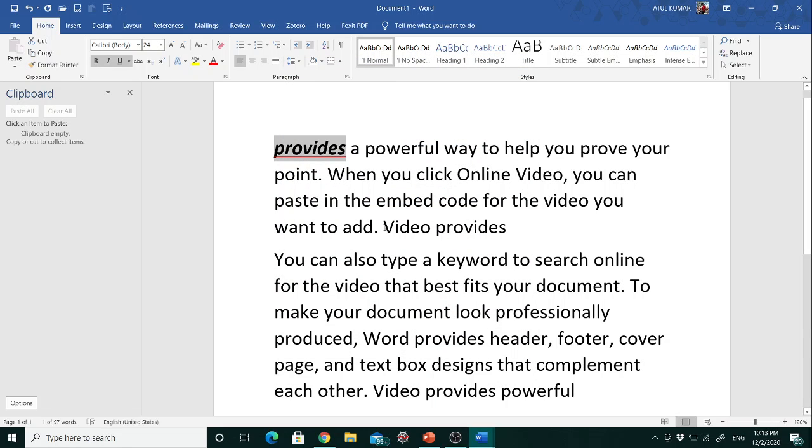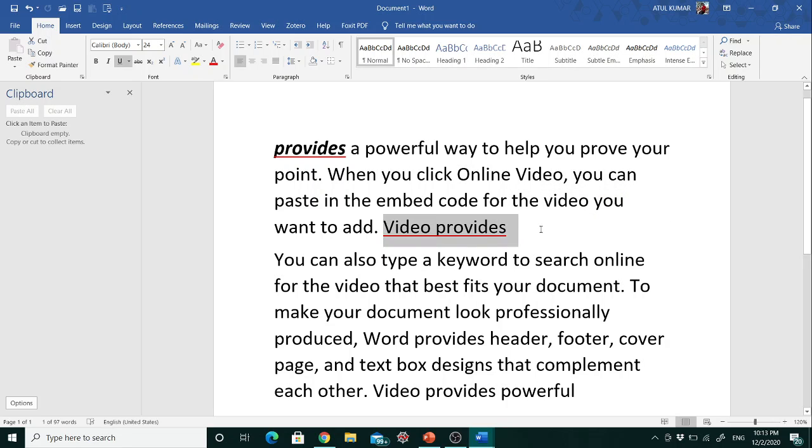I will select these two words, and when you just underline your text, it will completely underline these two words, video and provide. Suppose you want that video is underlined by a different line, and provide is underlined by a different line.